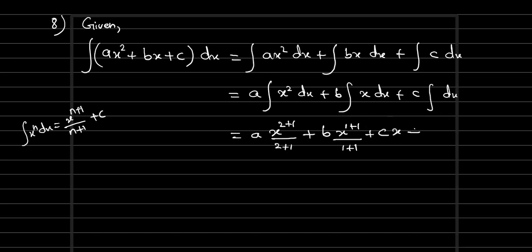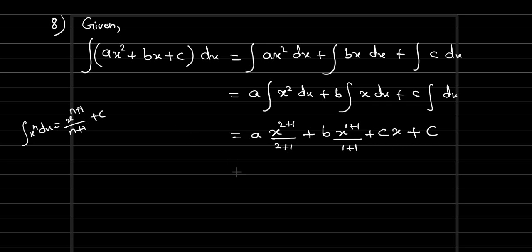Since it's an indefinite integral, we need to put plus c. And remember, this c is not the same as the constant c. Okay. After an indefinite integral, once integration gets over, we put plus c. That's a separate c, so don't combine it by taking c commonly outside and writing it as x plus 1. You should not do it like that.